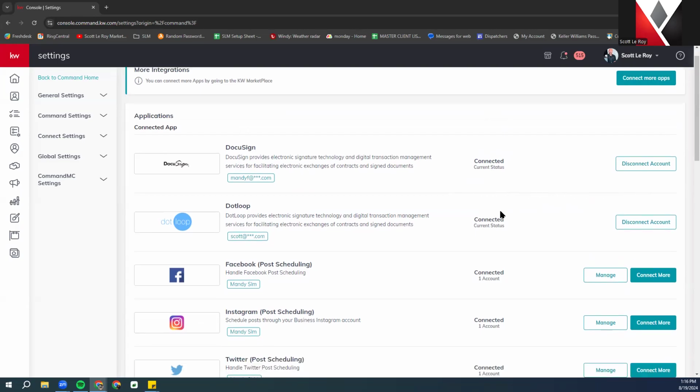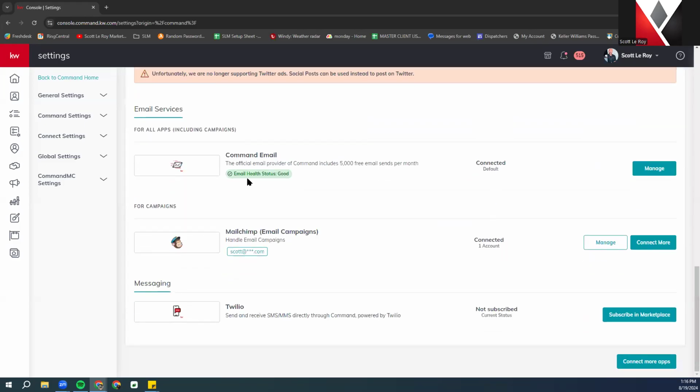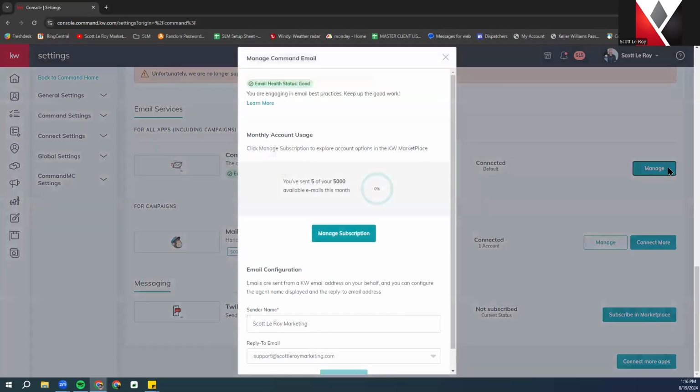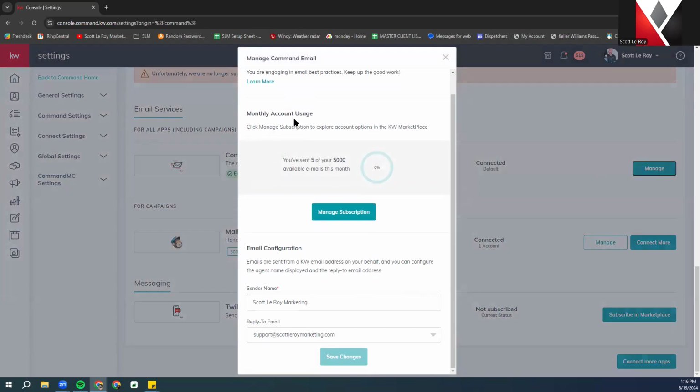So we are actually going to go ahead and scroll down, and we're going to go to this section here that says Command Email. This is going to be at the bottom towards Email Services. And we're going to click on Manage. The reason I like to show this to agents is because this is kind of important. Whenever you first get Command,